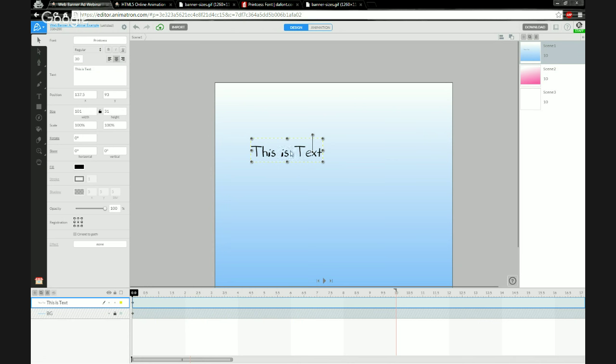Now, the other part about this is that text through the web, as Animatron renders it in our final product, has some issues with support through the browser. So in order to make sure that this is refined and we don't lose any of the definition of the font, we want to turn it into a vector image. So our font itself,